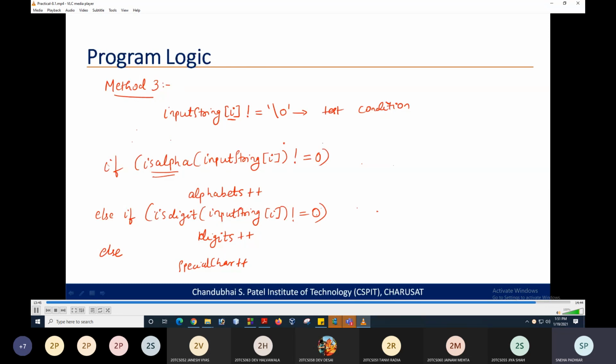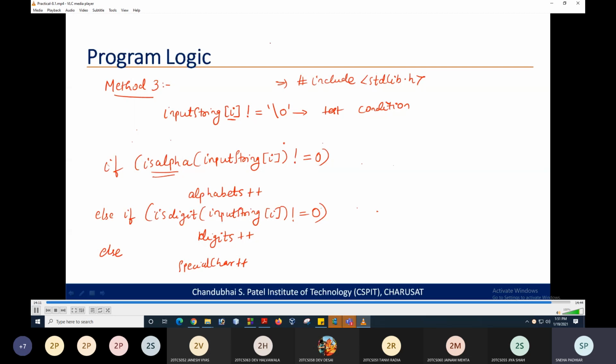Okay, so this is the simplest one, and to use the functions isalpha and isdigit, you need to include the header file, since these functions are available in this header file. Okay, so you can directly check it in this way also.